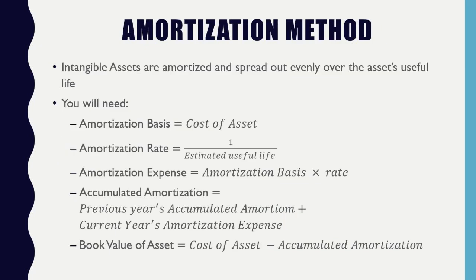Like I've mentioned before, with amortization you're going to spread the cost of the intangible asset amongst its entire lifespan. So in this case, it's identical to straight line, except you have one number off. You don't need one component, which is the salvage value, because it ceased to exist. So everything else that you have